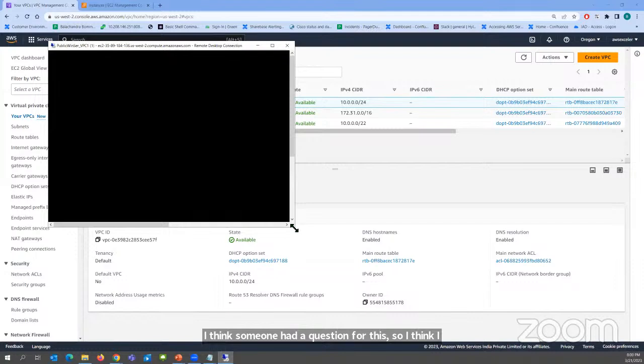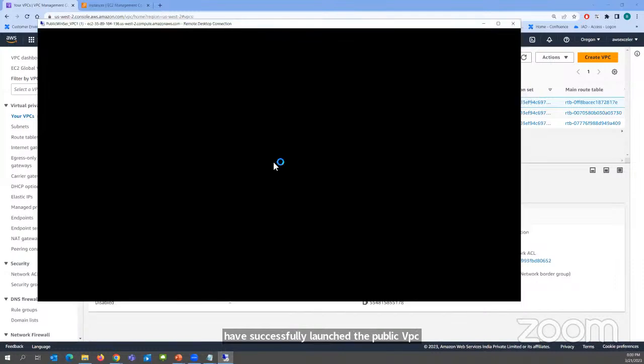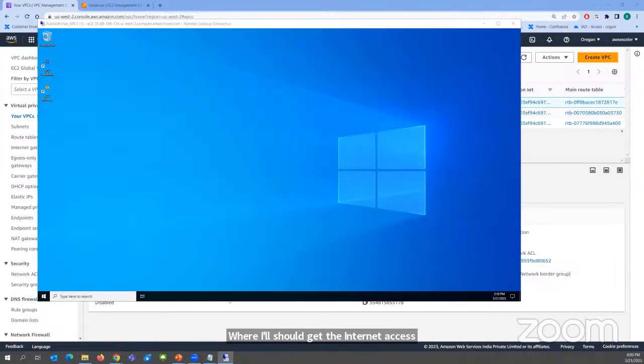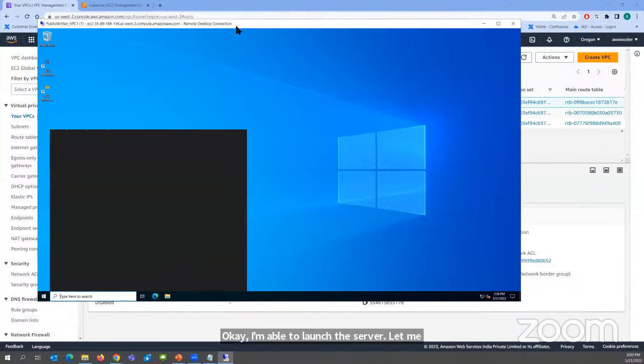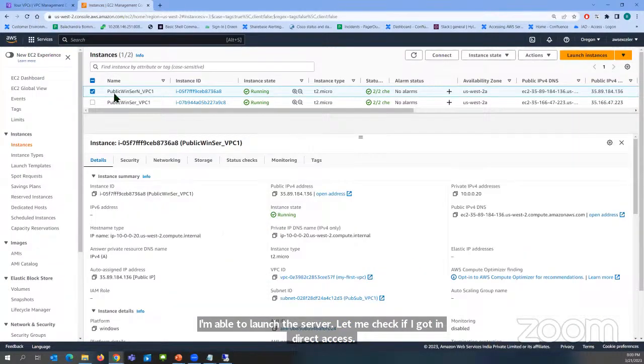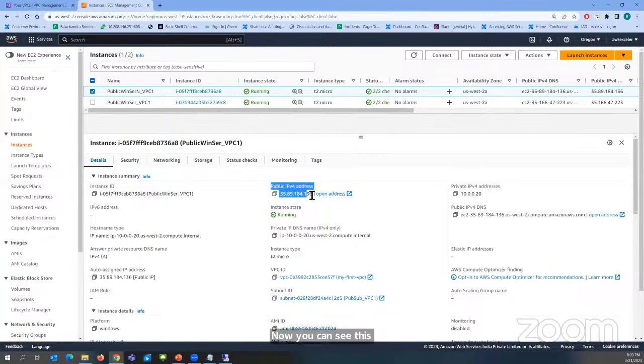Okay. Where I should get the internet access. Okay, I'm able to launch the server. Let me check if I got internet access. Now you can see this particular server got a public address for the internet communication,